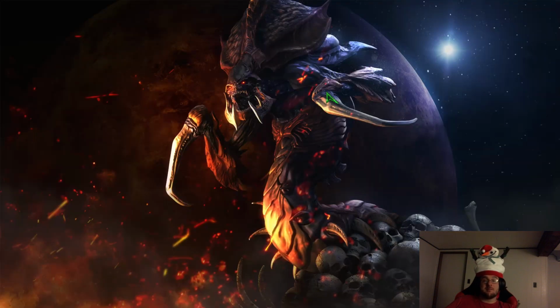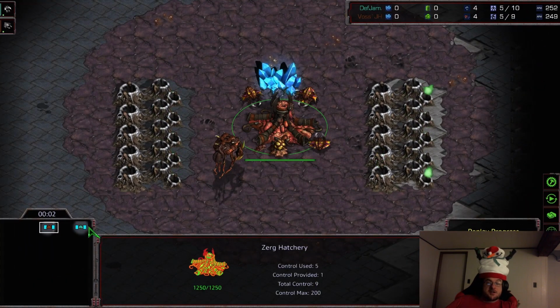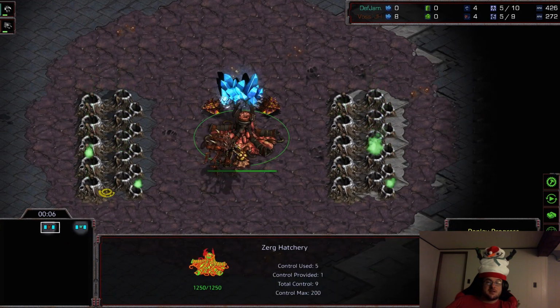And Defjam is going to be on match point, going to have to win the rest of the games in order to survive. His dreams of reaching the semifinals are crumbling, and JH is looking very good right now. We'll see if Defjam can bounce back. Oh, that's a good sign for Mr. Defjam. He is going to be up against a